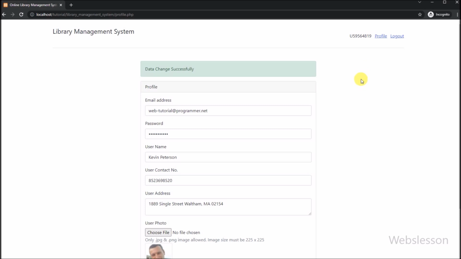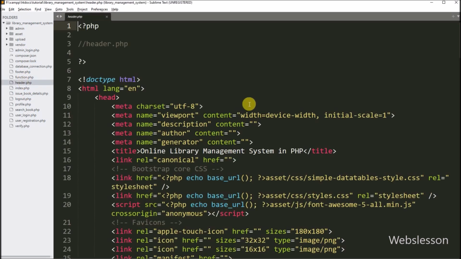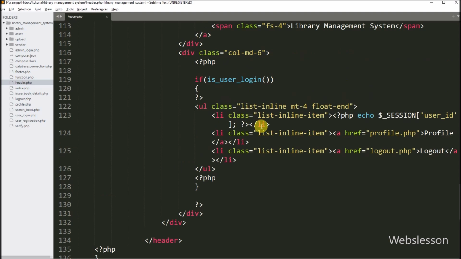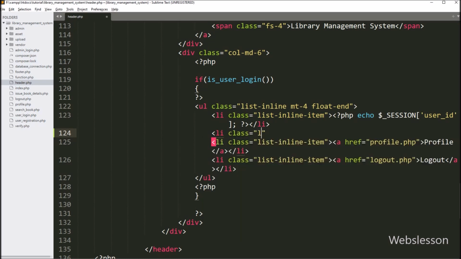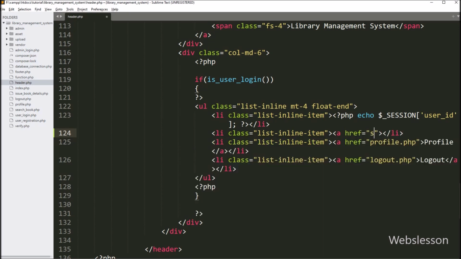Here we have to fetch data from the book table and display it on the web page in JavaScript data tables. Now we go to the working folder, and first we want to add the search book web page link under the login user area. For this, we have to open this header.php file. Under this file, we have to create a list tag with class equal to list-inline-item, and between this, we write an anchor tag with href attribute equal to profile.php, and in the anchor text, we write search book. So by clicking on this link, the user can reach the search book page.